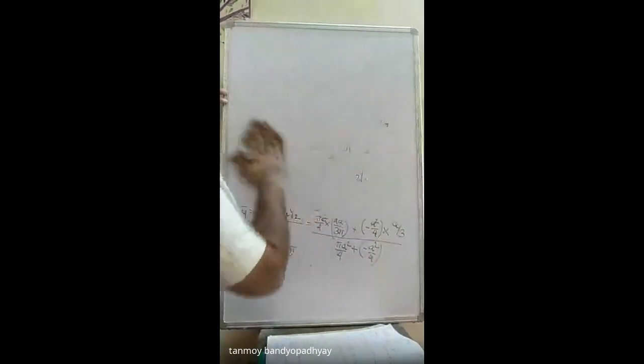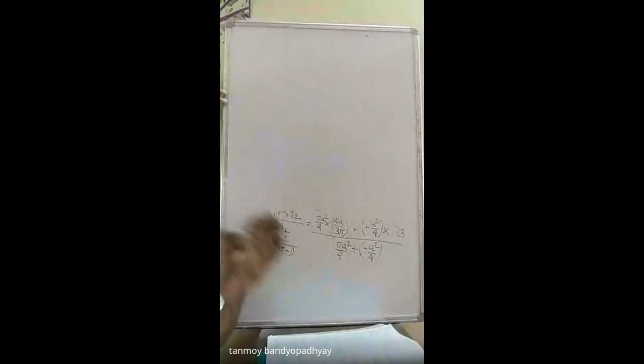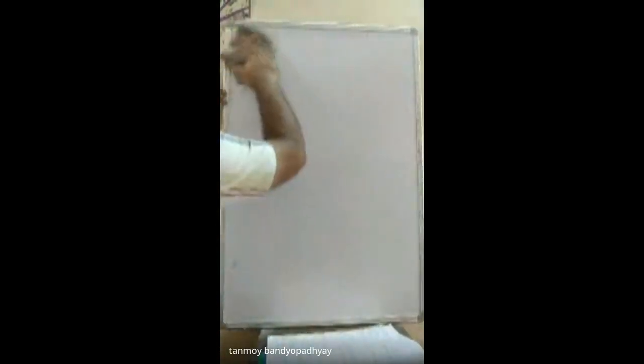Just as I discussed, if you choose a different coordinate system, you will be getting a different answer, but that corresponds to that coordinate system itself. The answer doesn't change, or the location of the centroid doesn't change. You will be getting a coordinate based on the new coordinate system you have chosen. So you can solve it taking another coordinate system also. You will get a different value, but it is the same for the coordinate system you have chosen.